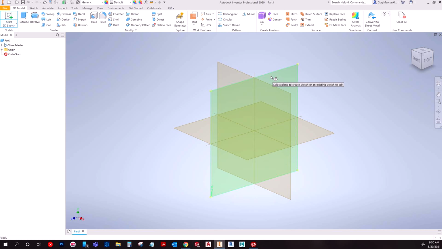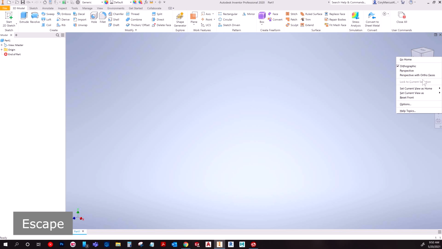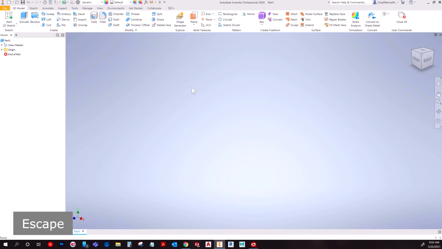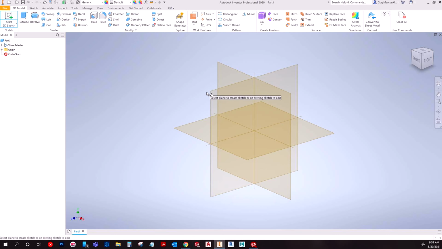But choose your planes wisely. The last thing you want to do is ignore the view cube, because you'll be drawing your part upside down before you know it. And on that note, right click on your view cube and hit options, and make sure to choose keep model upright. Otherwise you really will end up with your part upside down and not realize it. Okay, so anyways,